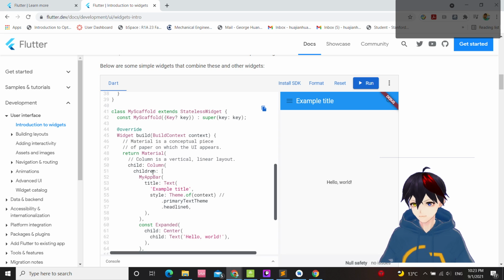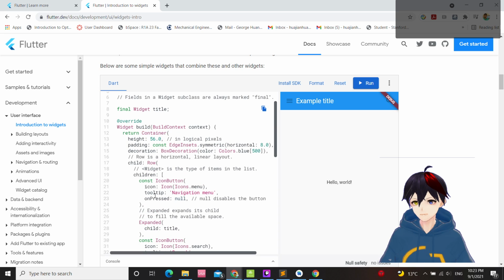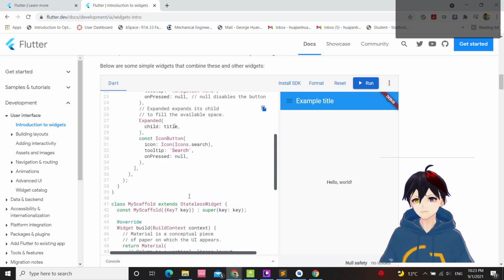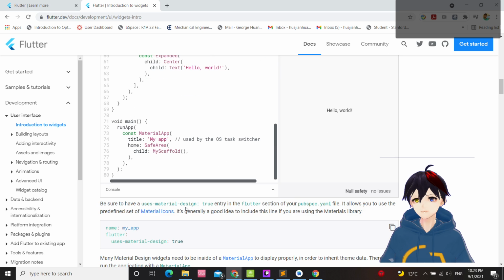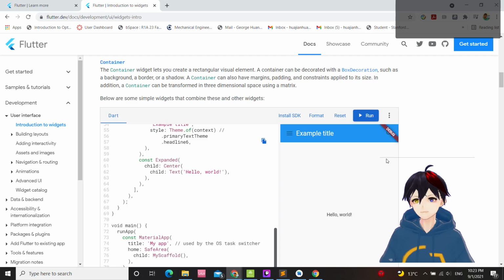Okay. Even though it's part of the scaffold, to understand this child relationship, what was it for? The scaffold is like putting up the bar and then the text.